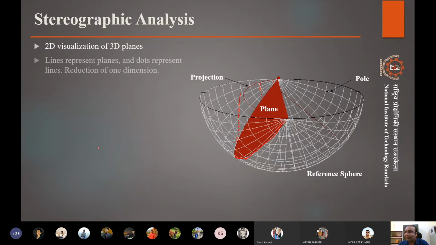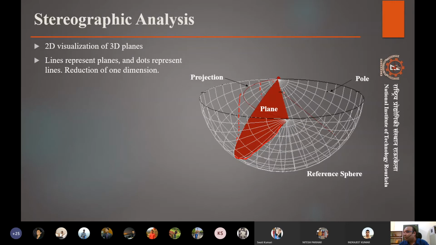So lines are basically representing a plane. That means a single two-dimensional figure of a line, or in this sense an arc, is representing a plane. And actually, each line can be represented just by a dot. So you see this line here.